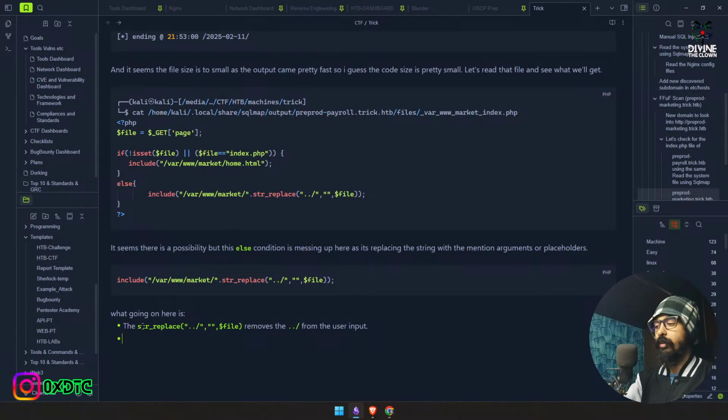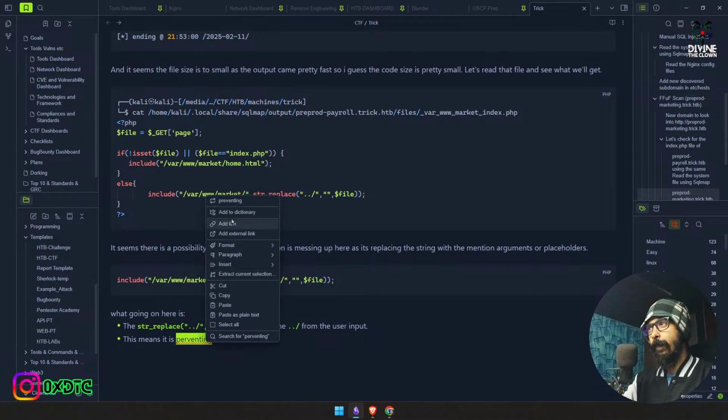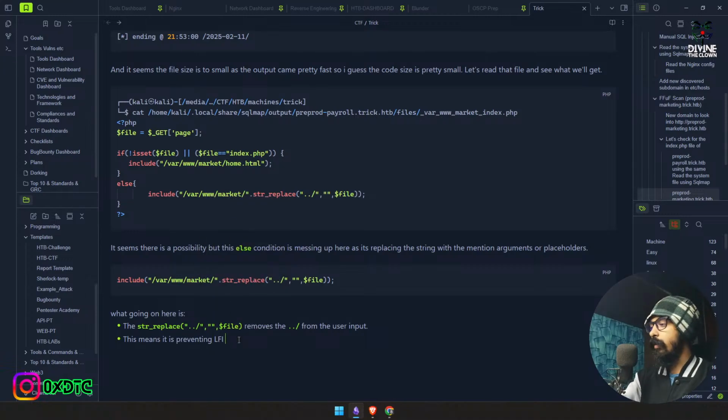This means it is preventing the LFI or directory traversal attack,